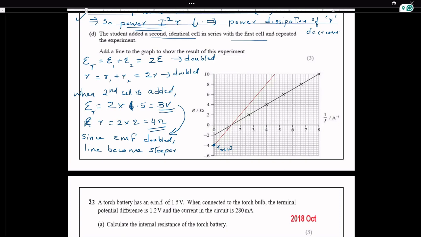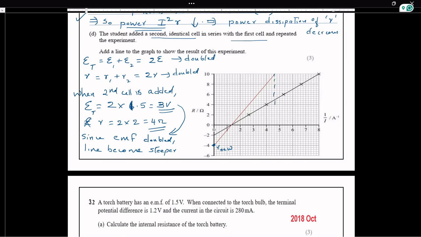So the line becomes more steep and its internal resistance is 4. Now we have to get the gradient as 3 volt. At the same time, the resistance is 10 ohms